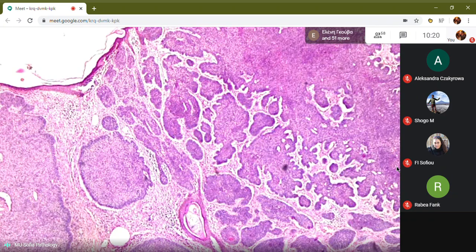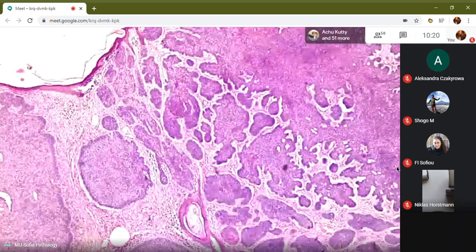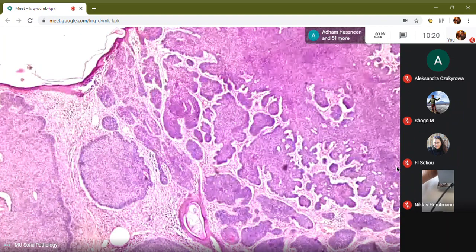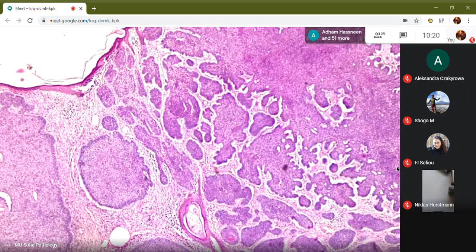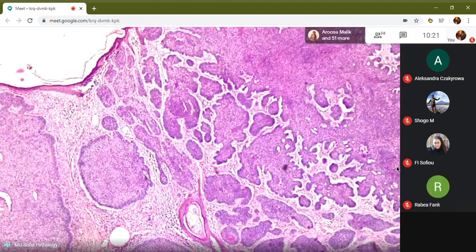Another thing, the gross view of the tumor. How does it look macroscopically? It can have really different macroscopic pictures. So it's a great mimicker. It can look like an unhealing ulcer, the so-called ulcus rodens, if you read about it in some of your books. Every ulcer on the face that doesn't heal for more than 2 weeks is really suspicious for basal cell carcinoma. So you better make a biopsy,